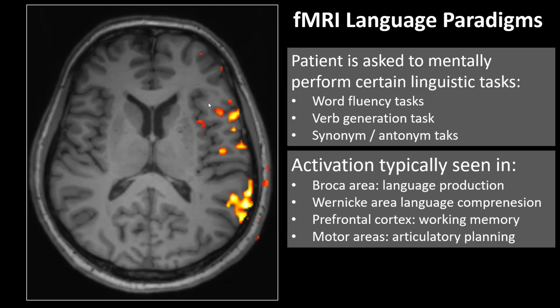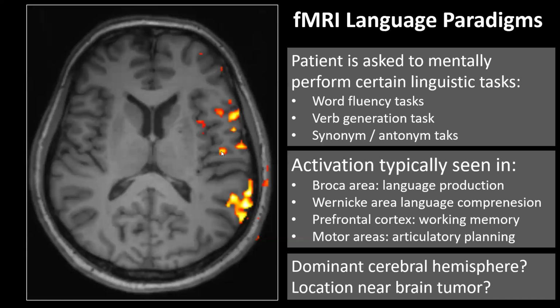We see activation of the Broca area, which is responsible for language production, and the Wernicke area for language comprehension. We also often see activation in the prefrontal cortex, which probably involves working memory functions, and also in motor areas of the face and mouth, probably reflecting articulatory planning. The main indication to do a language paradigm is to determine if you're dealing with the